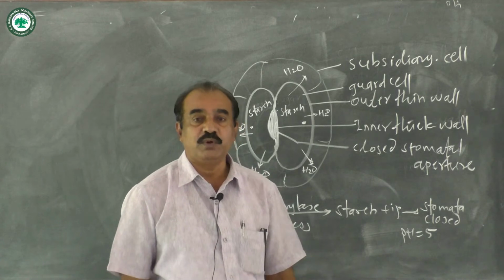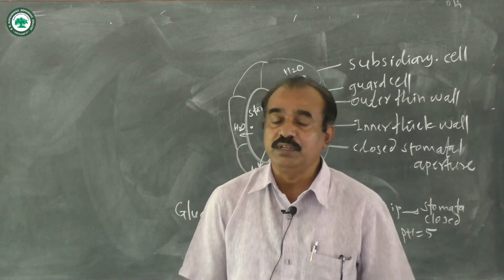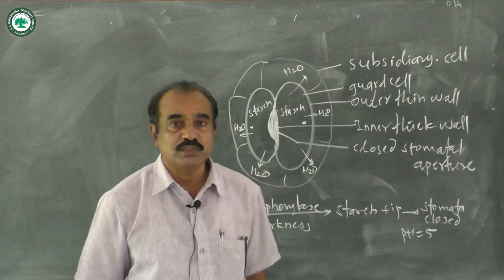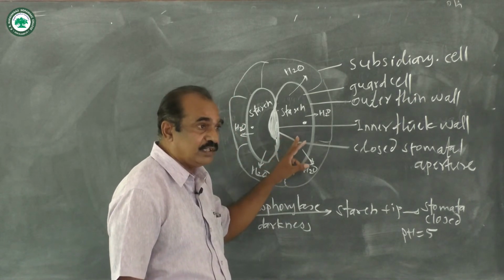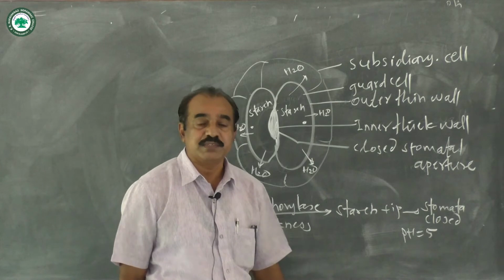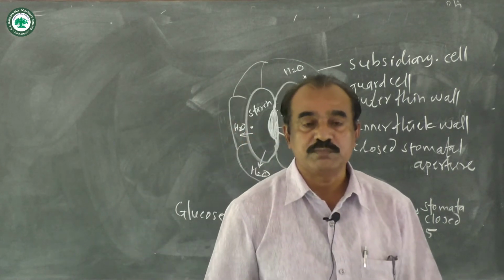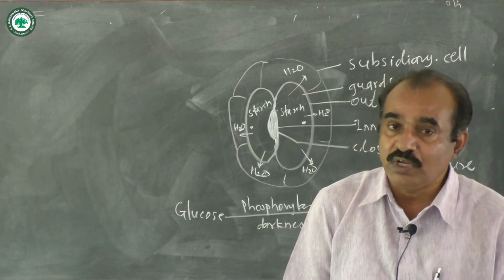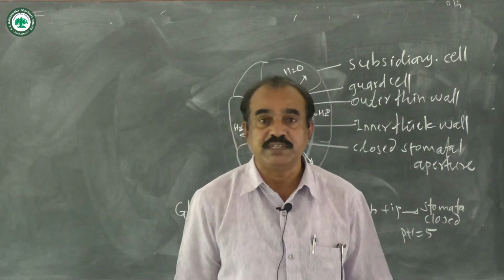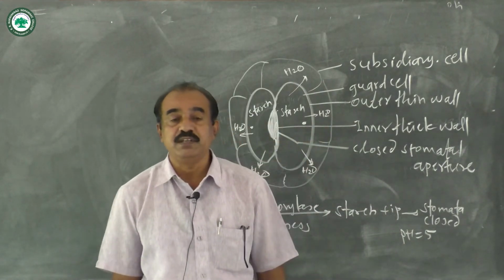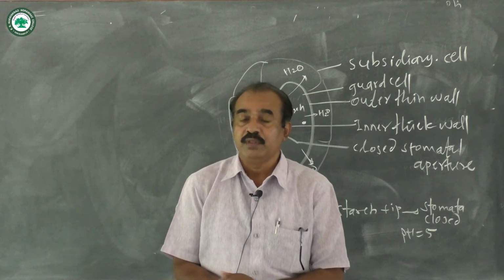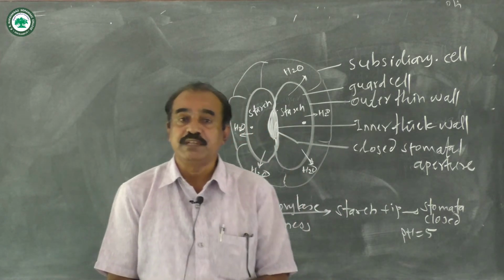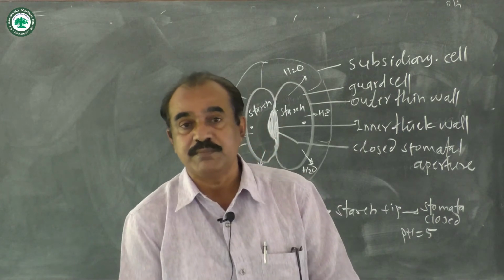As the starch is osmotically inactive, it is not dissolved in the water, and because of this, the water which is already in the guard cell during daytime goes back into the neighboring subsidiary cell. That means exoosmosis takes place. Water moves away from the guard cell into the subsidiary cell, and then flaccidity of the guard cell takes place. And at the same time, when starch is synthesized, pH also becomes acidic, that means it becomes 5,